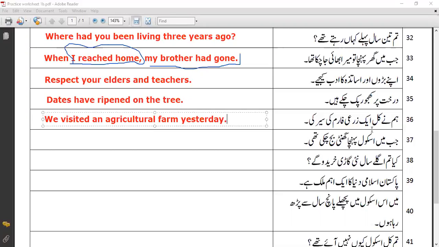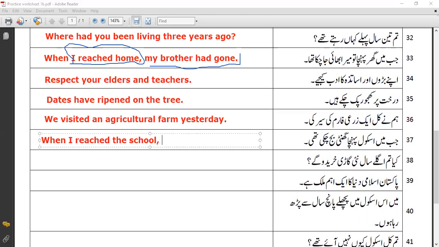अच्छा, जब मैं स्कूल पहुंचा घंटी बज चुकी थी. Now look at this. This is again the kind of sentence which we did over here. Sentence number 33. Similar form of tenses should be used over here. जब मैं स्कूल पहुंचा. Okay, now you must have got it. When I reached the school,